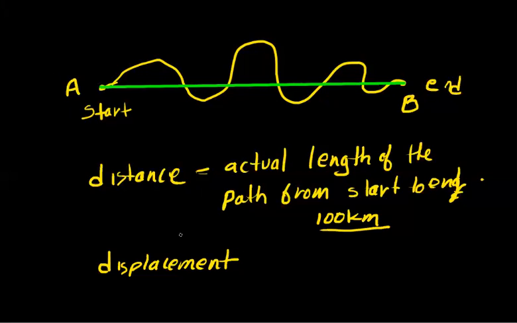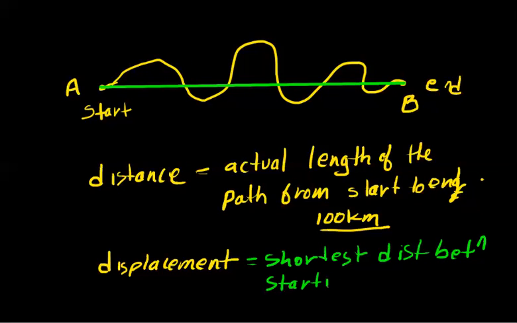So we can write down displacement equals shortest distance between starting point and ending point. If you draw a straight line, the length of this straight line will tell us what is the displacement